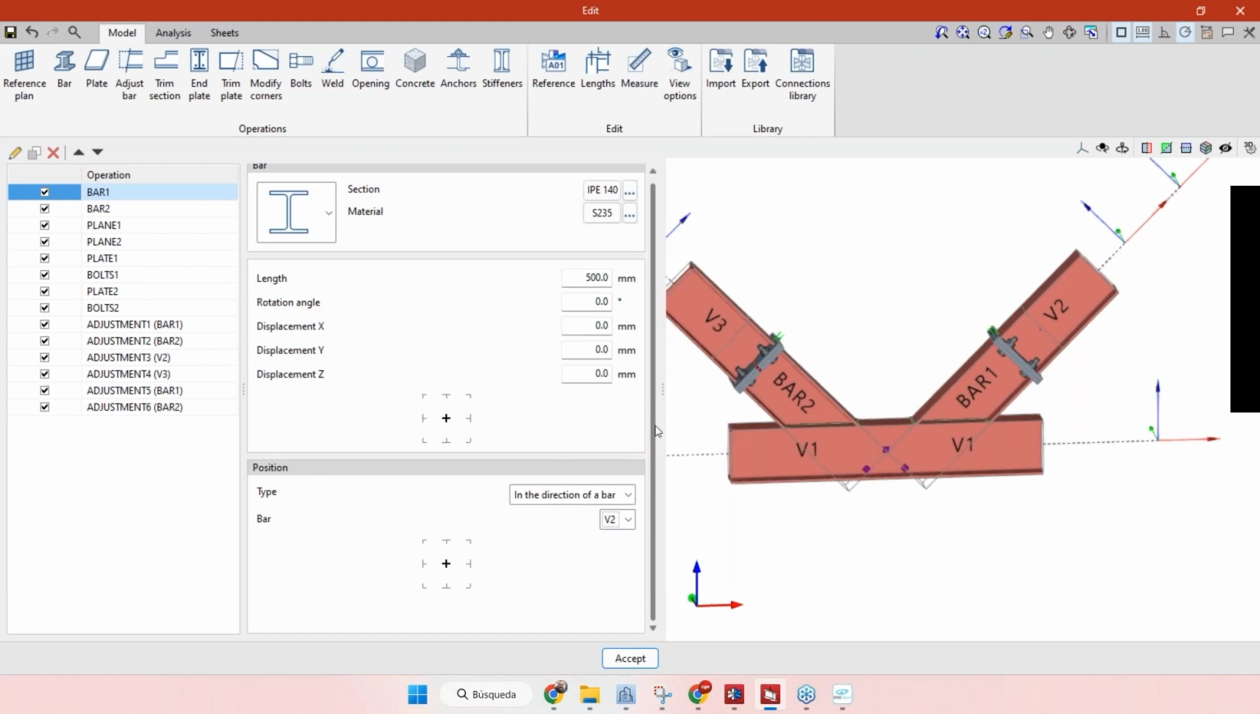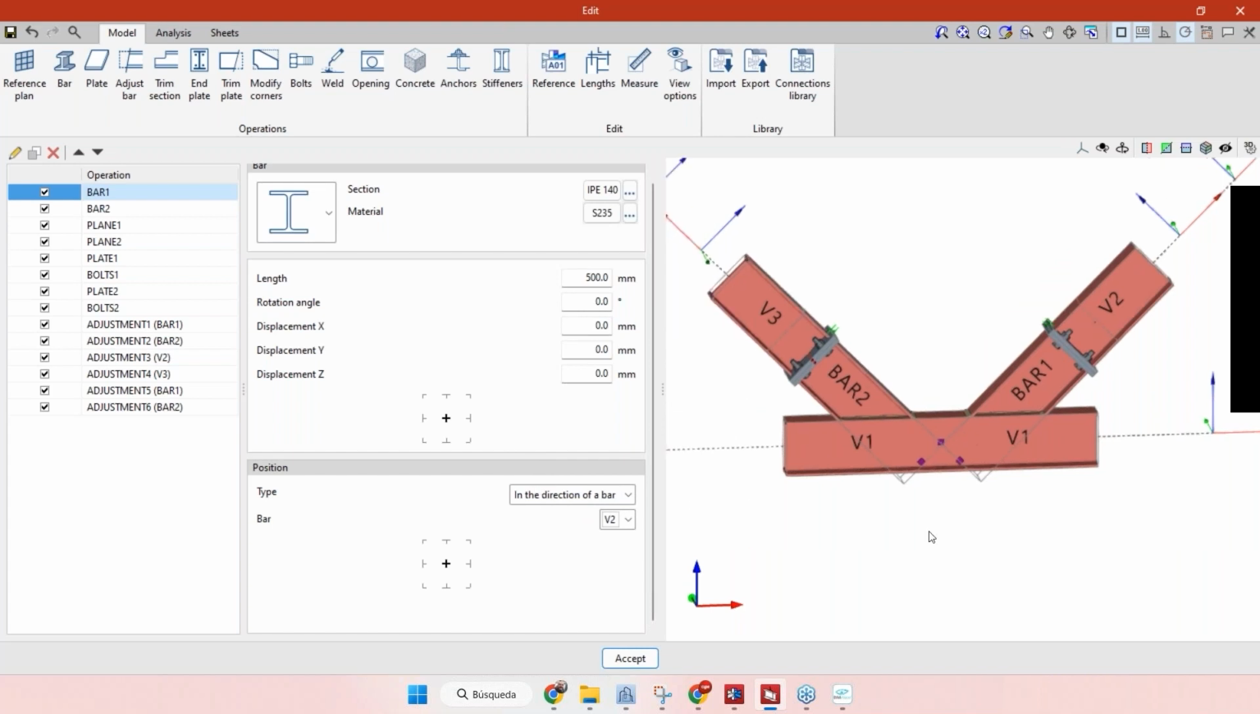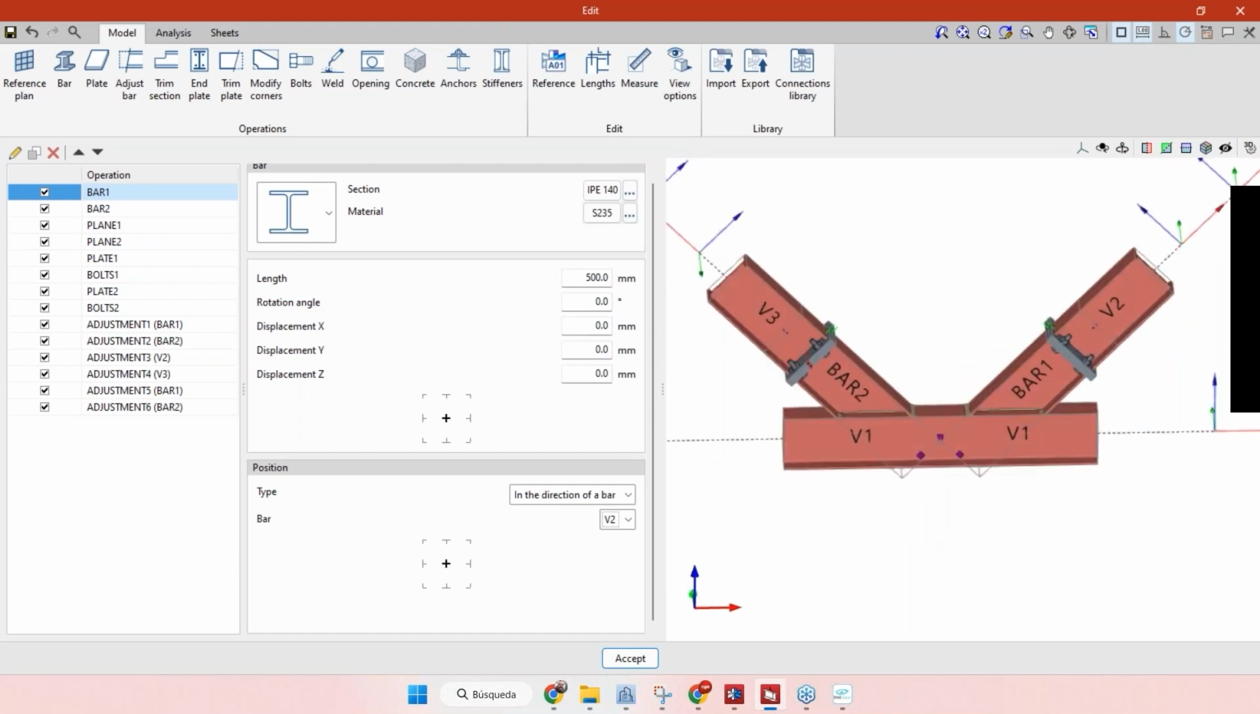Maybe it's a little bit hidden here, but it's very, very useful, especially if you are working with bars that are not in the same plane, that have different angles. This is going to be a very useful feature to you. Okay, so this is the new way to enter bars in the same position of other bars that you have